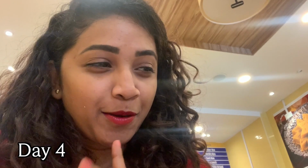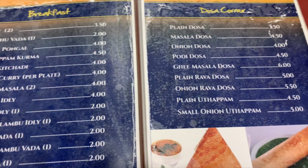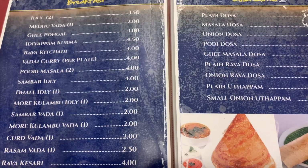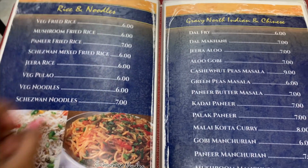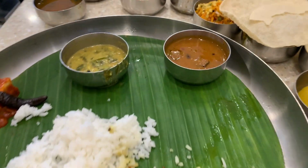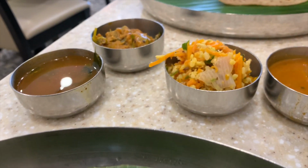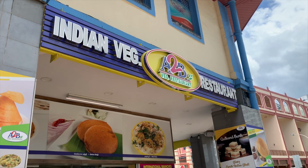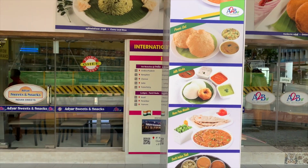This is our final day in Singapore, and we found our Indian breakfast. Actually, South Indian. Here's the menu. You have idli, dosa and all that. Oh my god, found it on the final day basically. I'll show you the name of it. This is in Little India here in Singapore. They have lunch also. Wow. Okay. Finally, a South Indian meal. Here it is. It's A2B veg restaurant. You'll get everything, from snacks, lunch, dinner, breakfast and everything, even the sweets and stuff, so you should definitely